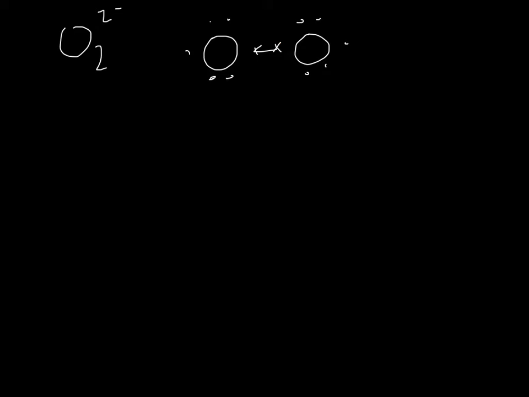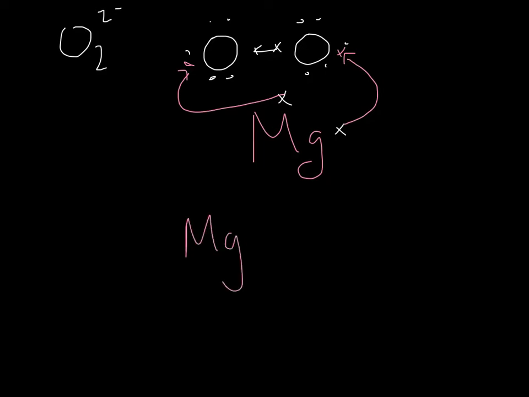So what can happen is, let's imagine magnesium coming over. We know that magnesium's got 2 outer electrons. Magnesium can share these 2 electrons over to oxygen. So that's what's going to happen now. Magnesium shares these electrons and they go over. And the formula you end up with is magnesium, Mg, because there's only 1 atom of magnesium needed, O2, because you had 2 oxygen atoms,